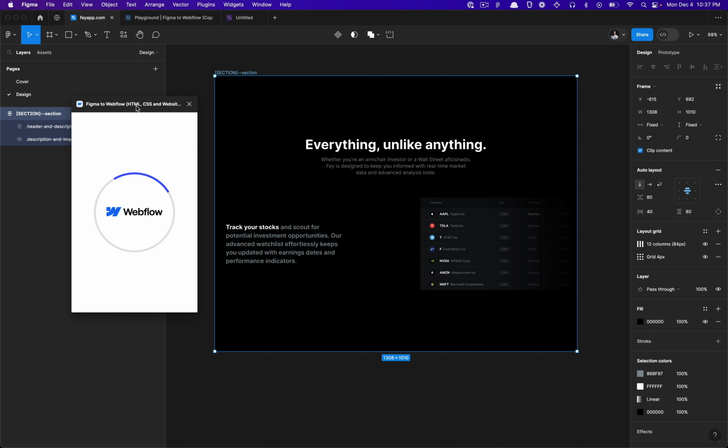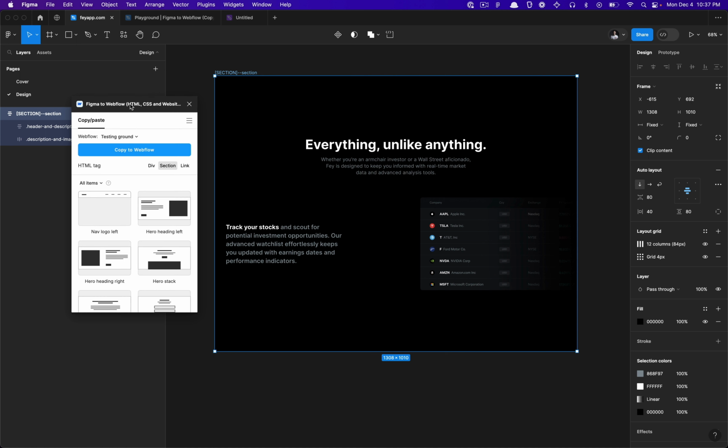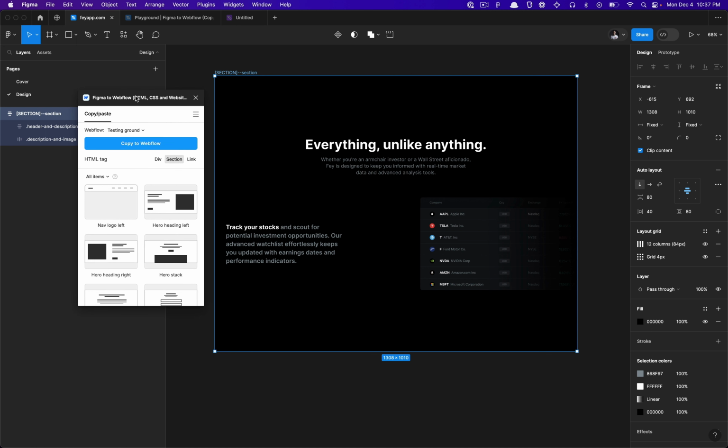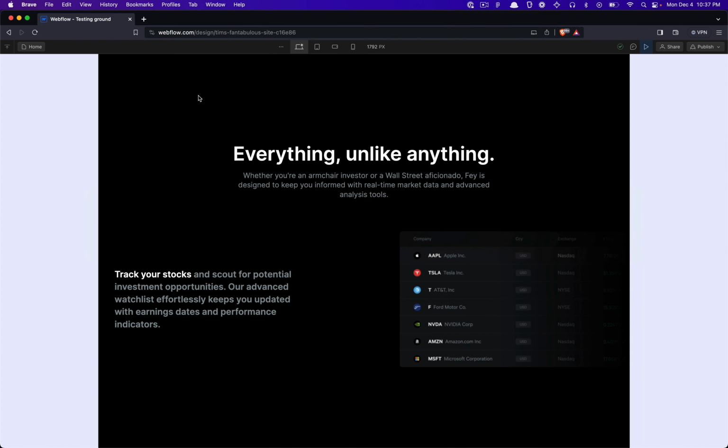And once that's done loading, once your plugin's configured, you're going to be able to select the website you'd like to throw it into. And what I'm going to do is you can select the HTML tag you want it as. I'm going to select section and click copy to clipboard, and I'm going to go back to my Brave browser and